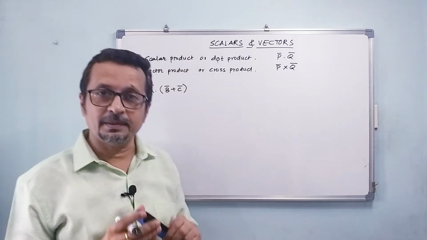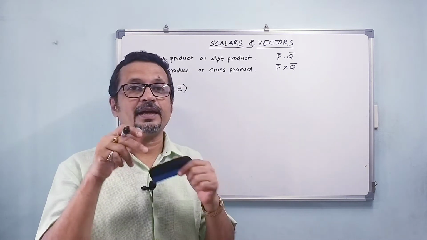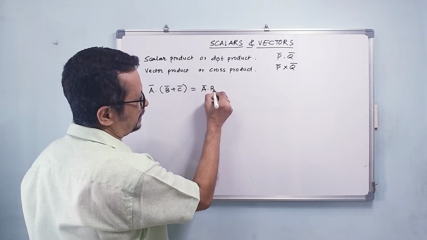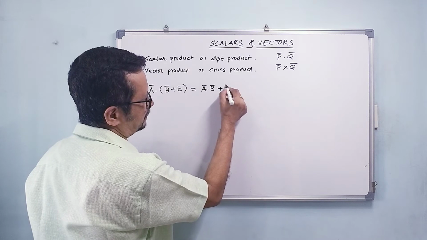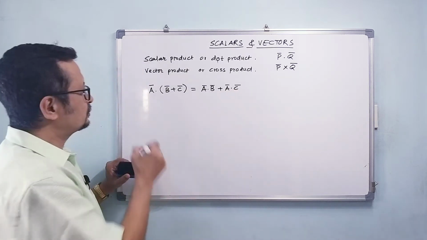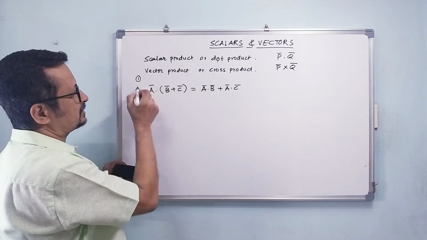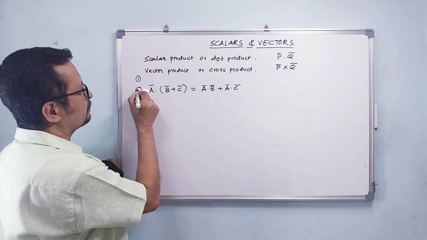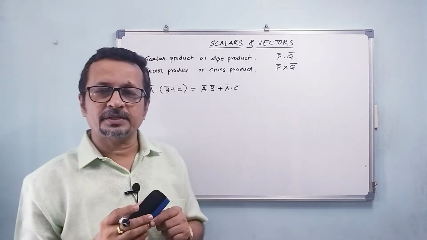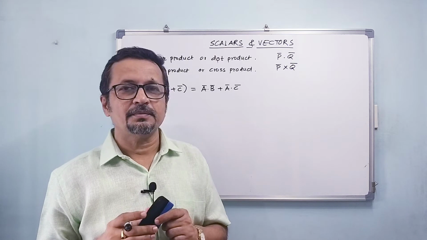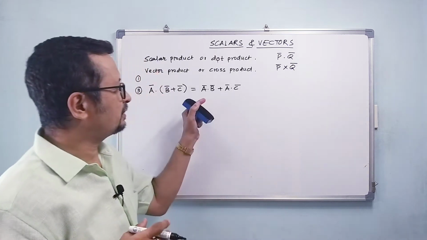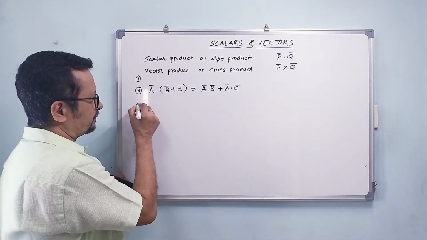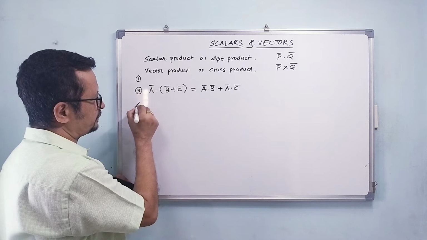The dot product of a bar with the resultant of b bar and c bar we can write as a bar dot b bar plus a bar dot c bar. The first one was the definition, the second was the scalar product being commutative, and now the third one, we are proving that it is distributive. Number 4 I would say here,